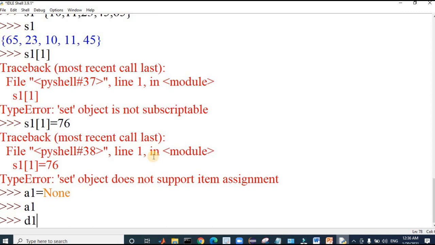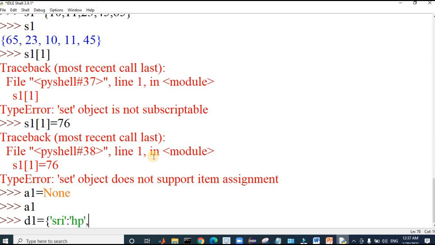For instance, I am taking a variable name d1. To create the dictionary, as I explained, it uses curly brackets. I am passing the values. Sri is a key here. I am assigning, say, an HP laptop.